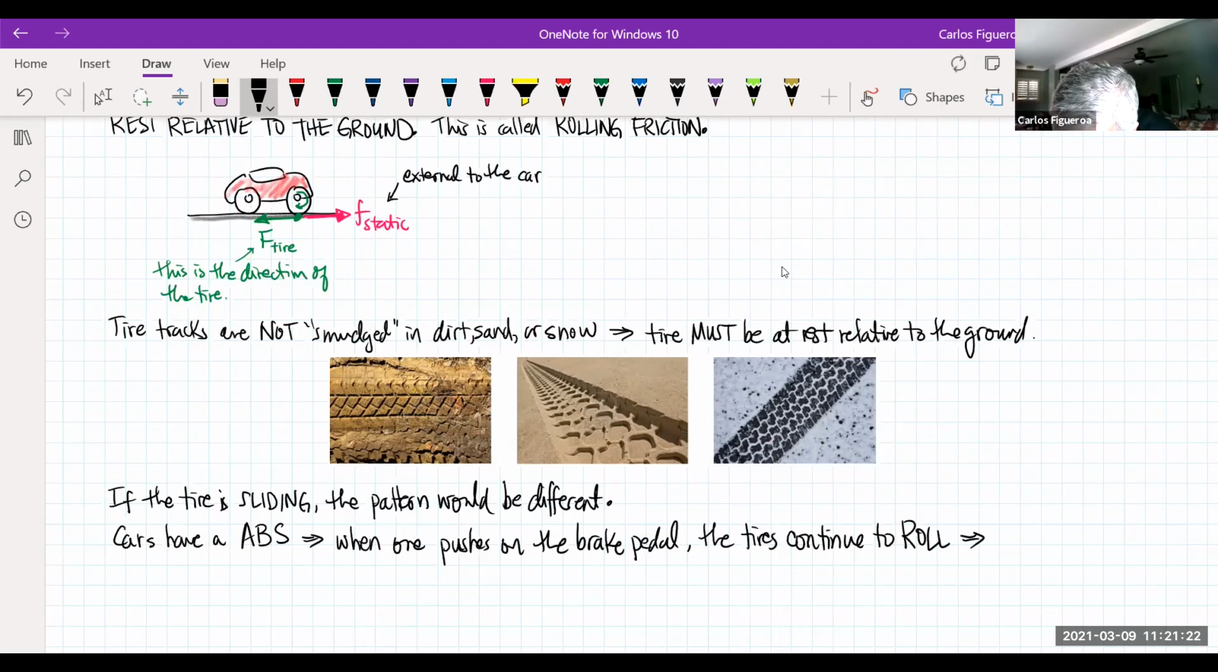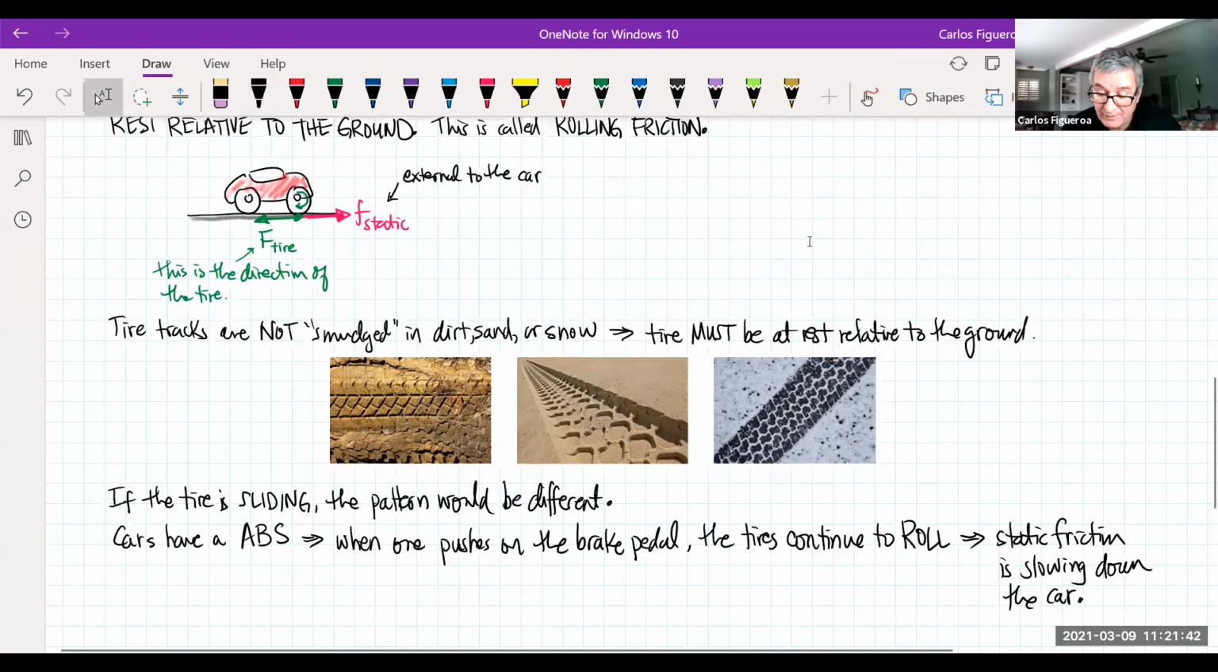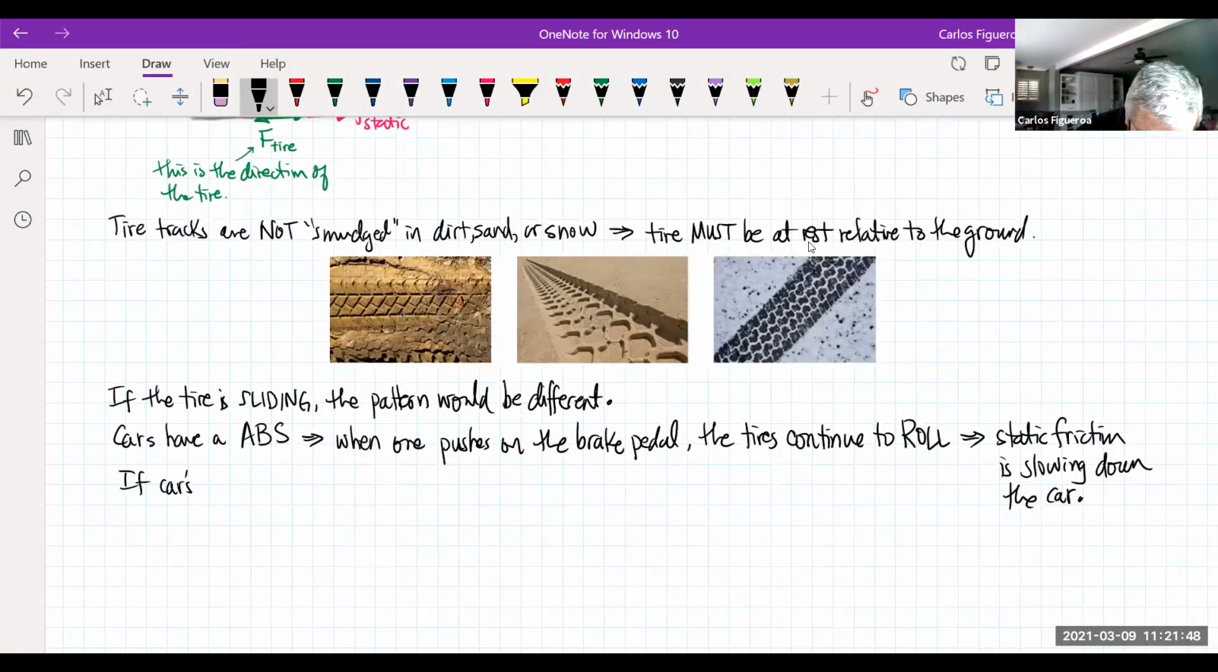And that implies here that static friction is slowing down the car. If you had kinetic friction, that would be bad. And so what we're saying here is that if cars used kinetic friction to stop cars,